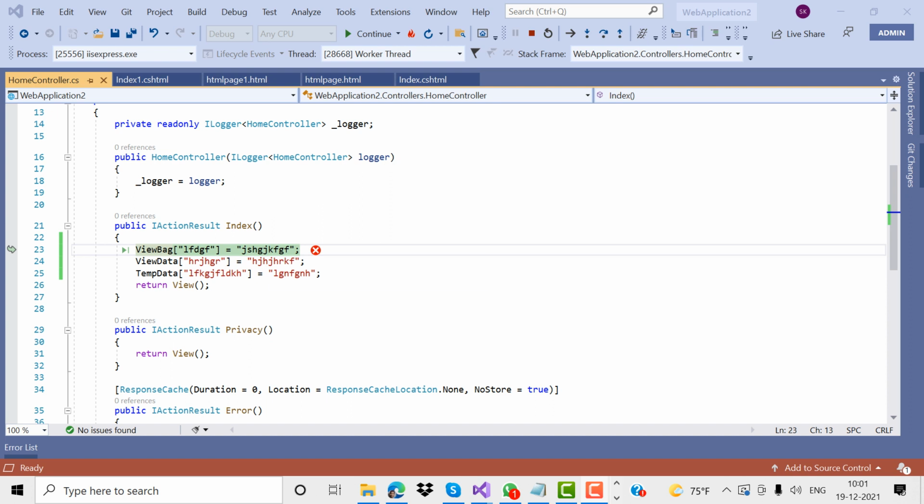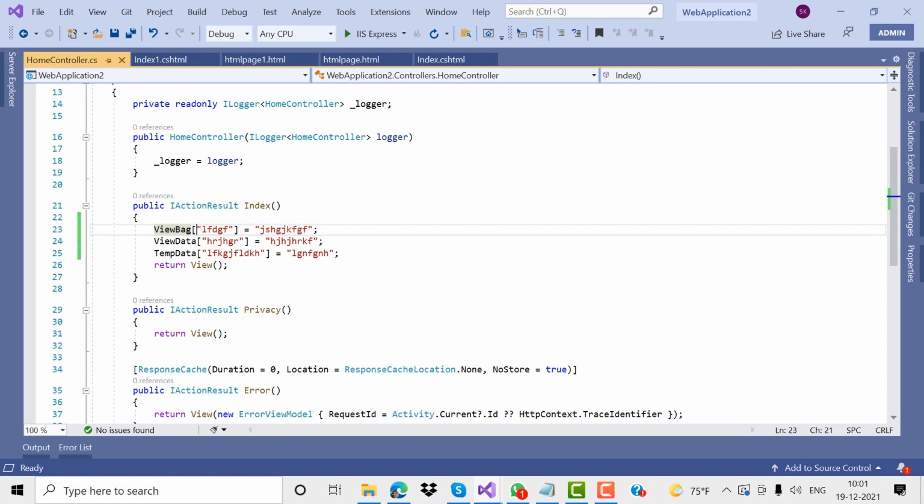Why is this error coming? Okay, got it. Instead of indexing, you just need to give it like this. They are asking that the index value is not properly configured. Now we can check here.